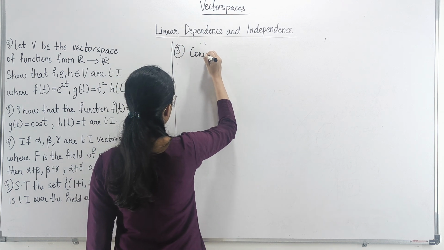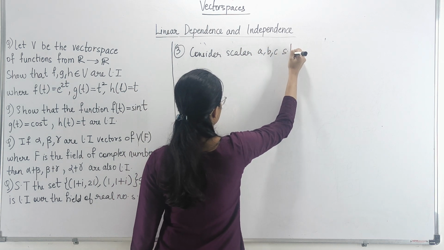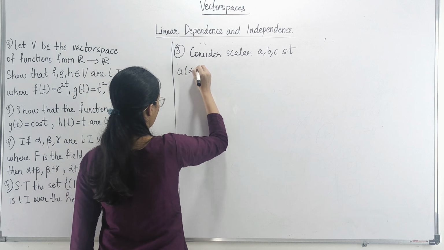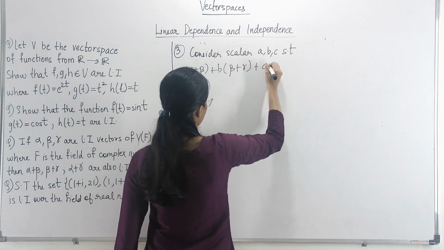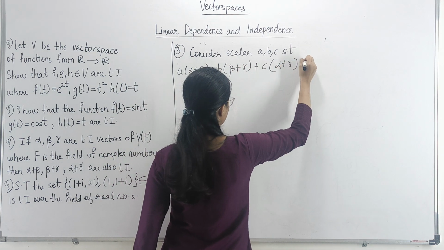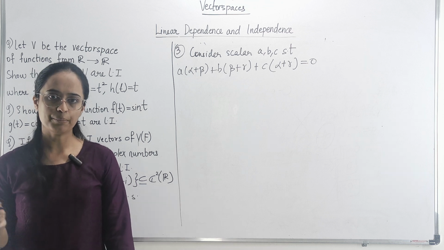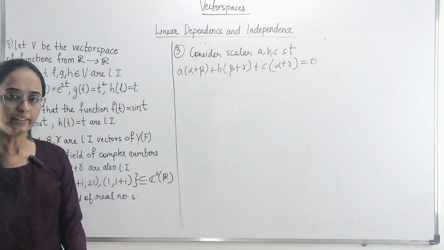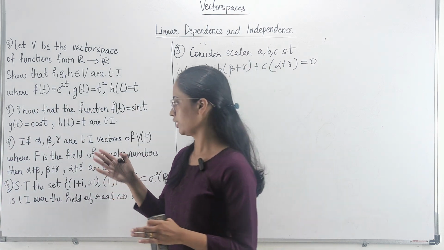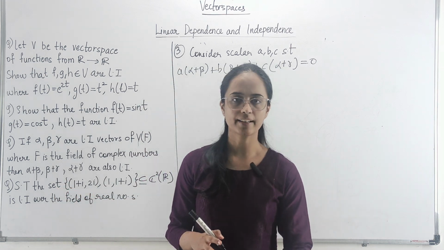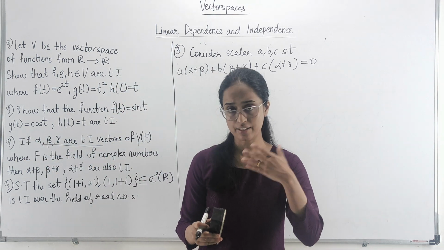Again, you're going to consider scalars a, b and c such that a into (alpha plus beta) plus b into (beta plus gamma) plus c into (alpha plus gamma) is equal to 0. अभी we are supposed to show कि for this particular condition a, b and c turns out to be equal to 0. सबसे पहले we will see कि कोई simplification हो सकता है and somehow we would be trying to use the condition that is given to us कि alpha, beta and gamma linearly independent है। अभी ये जो लाइन हमें दी है ये हम कैसे यूज कर सकते हैं?